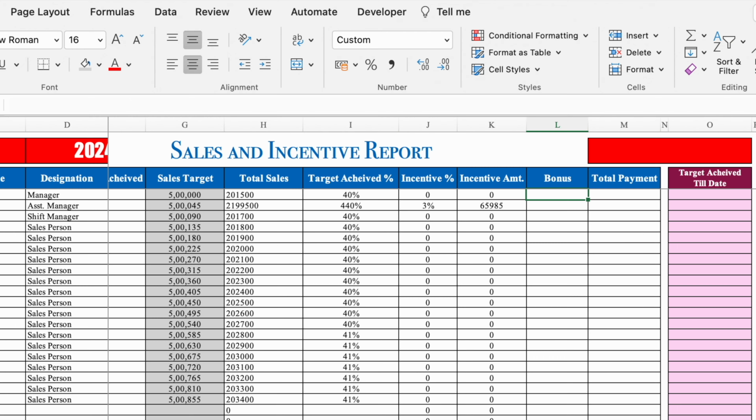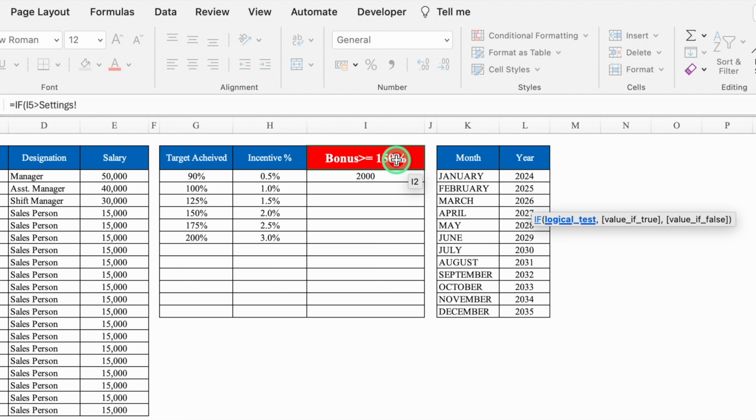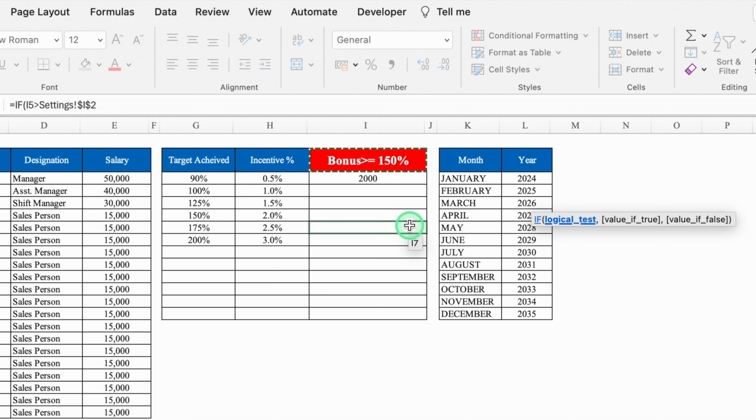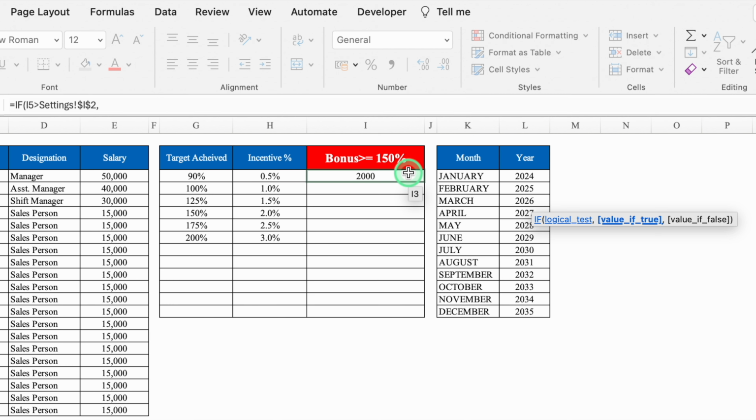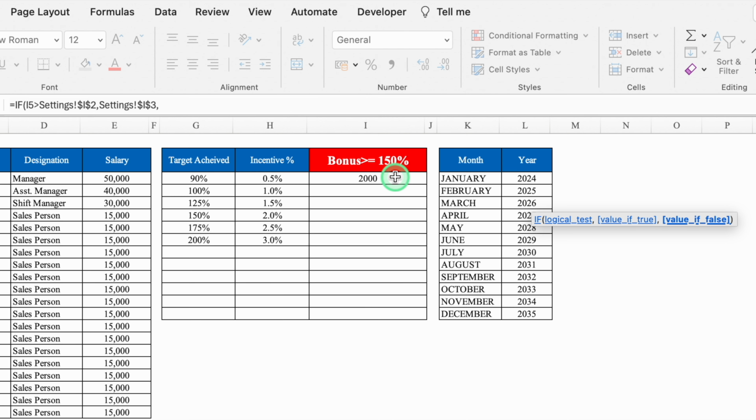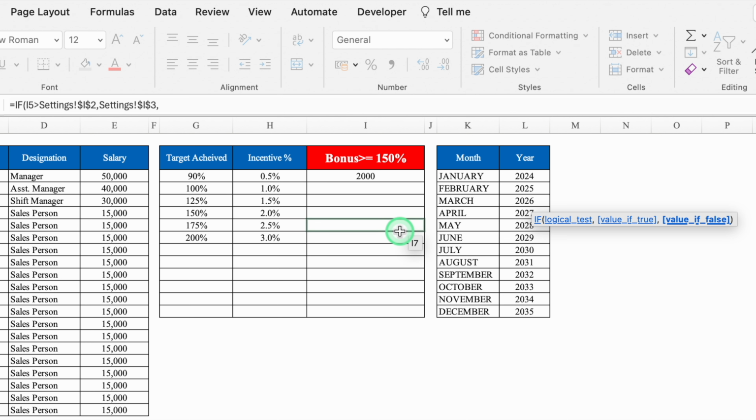Now let's go to our format and put the formula for bonus. Equal to IF, bracket open, target achieved percent is greater than, we'll come to the settings sheet and click over here on bonus 150%. We'll press function F4 and the cell will be locked, comma. When it is 150%, what do we want in return? We want 2000. So we'll press function F4 and the cell will be locked, comma. If it is not 150%, what do we want? We want blank or 0. So we'll put double inverted commas, 0, double inverted commas close, bracket close, and we'll hit enter and we got